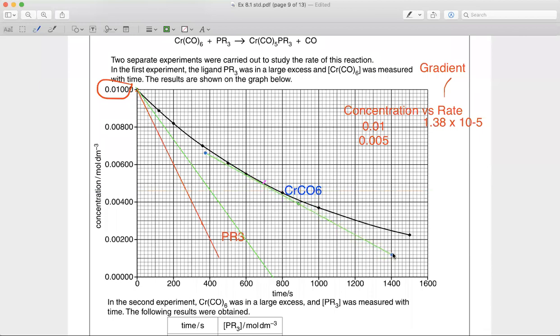Then I extend my line. I can't extend it to the x-axis, so I'll just use a nice triangle, nice coordinates. So from here